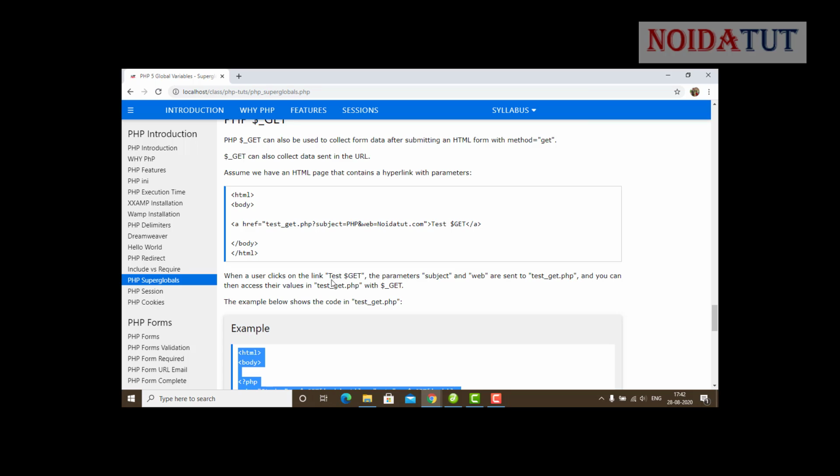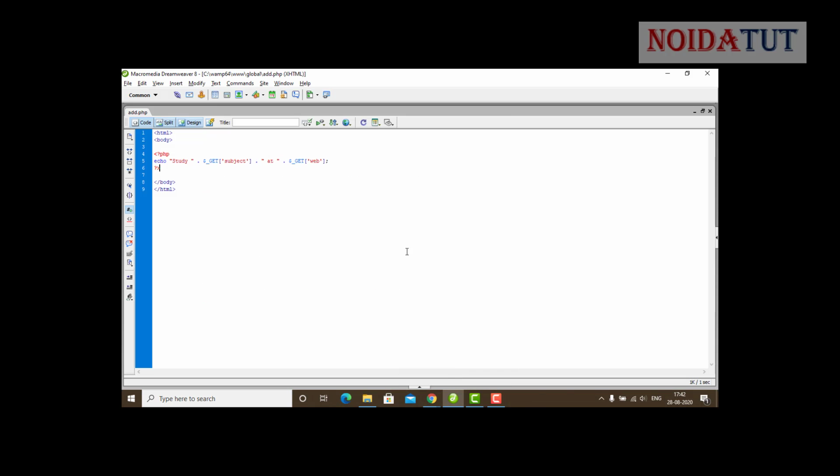When a user clicks on the link test get, we need to create another file.